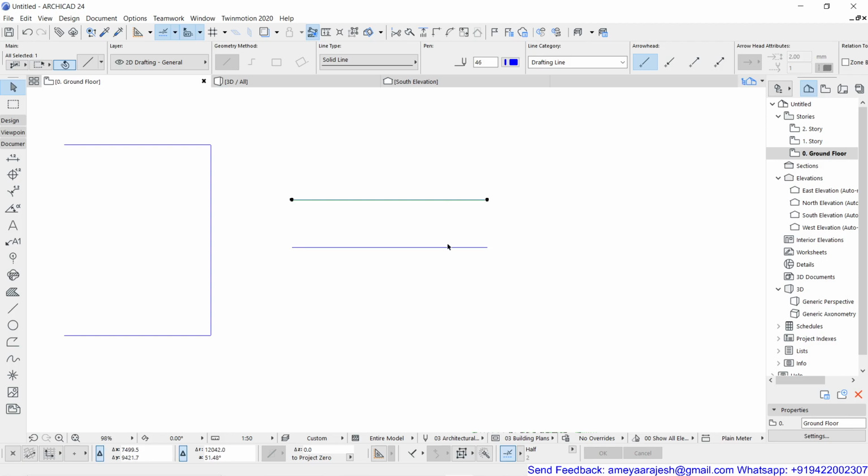So this segment, and if I select by holding the shift key the earlier line, these two are supposed to be two separate objects. Now, if I want to create a group of this, how can I create that? So remember, in case of group, it's not a compulsion that the objects should be connected to each other or physically intersecting, nothing like that.